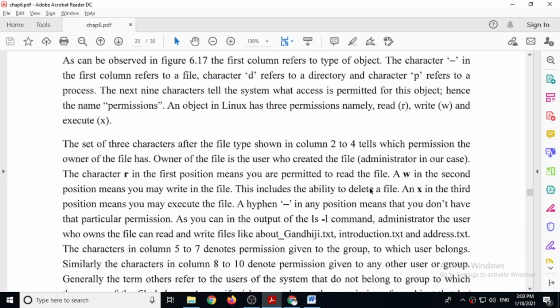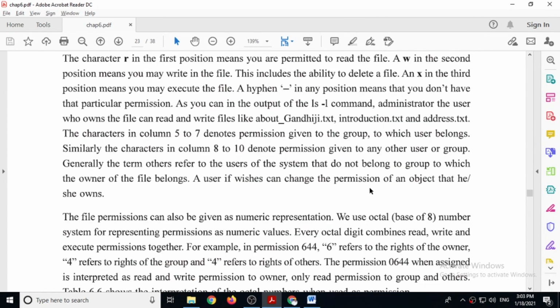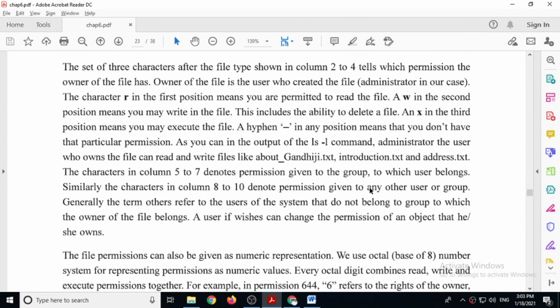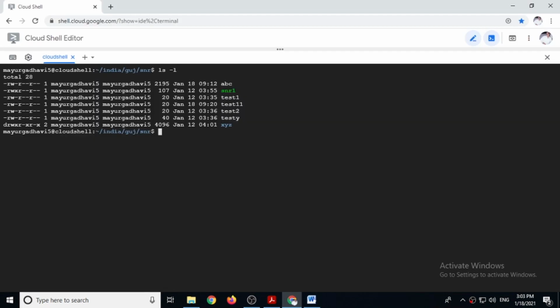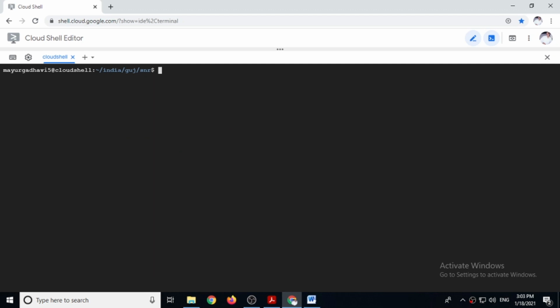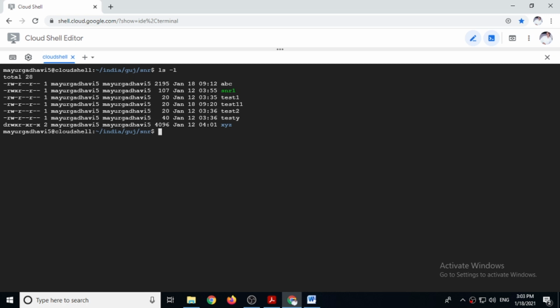Now we can change the permission. So how to change permission? For that we have to use the chmod command. So let's see the first output, ls -l. Now you can see here for the snr1 file, the permission is rwx for the user.